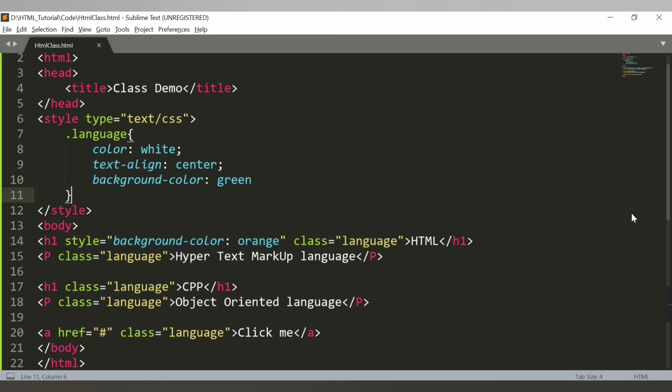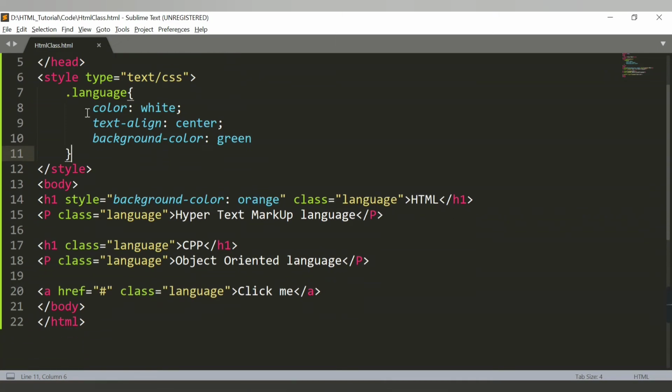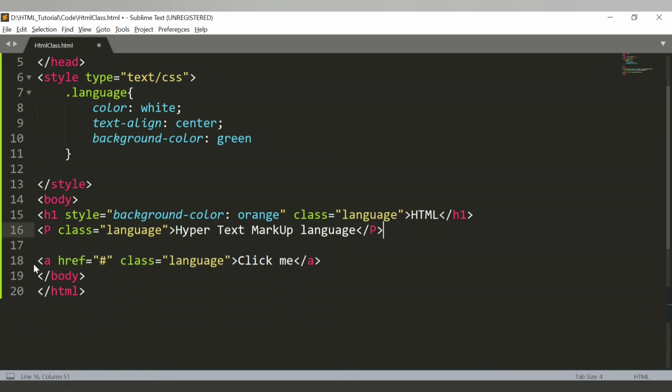So what more can we cover in this class? There can be multiple classes, like this one was one class. Let's provide another class here. Let me remove some of the tags here. Let me remove this anchor tag as well.